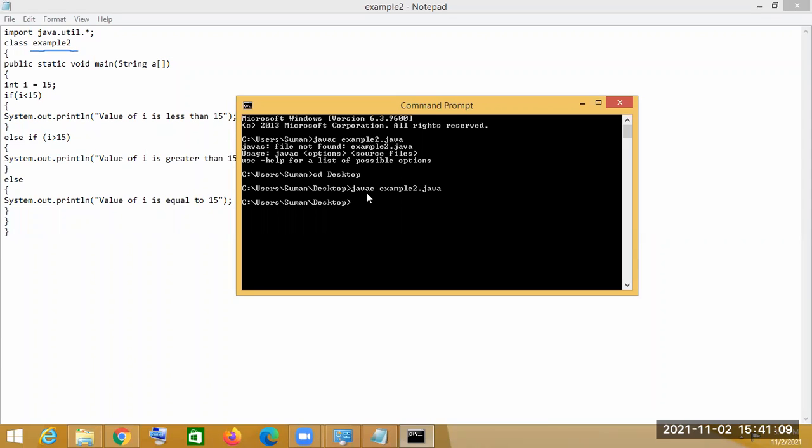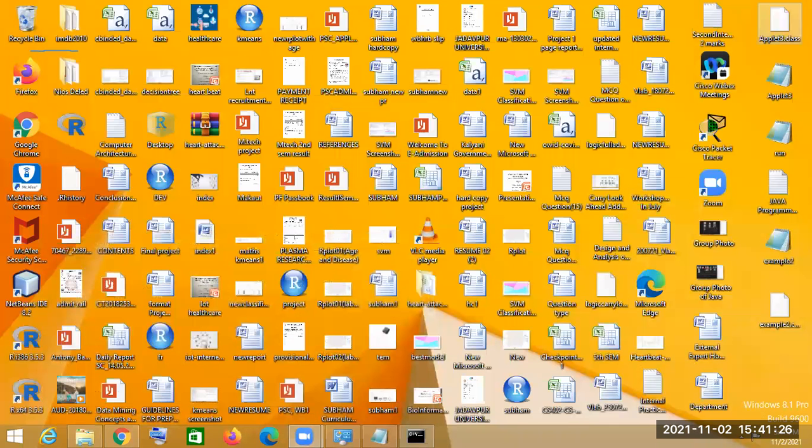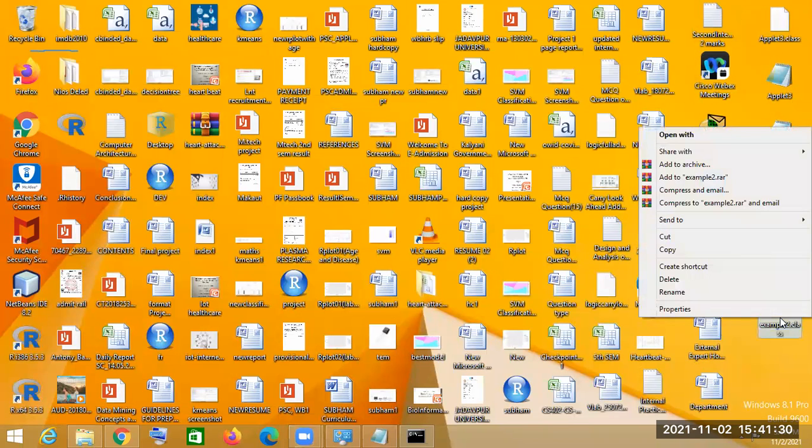That means we have compiled it successfully, and a bytecode has been created, which has the extension .class. If we look now, you see this is the bytecode.